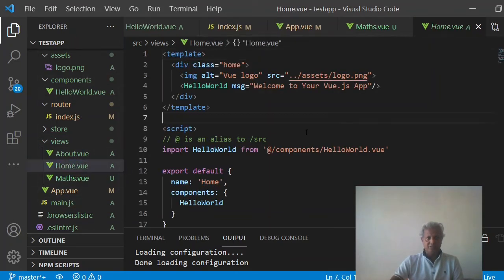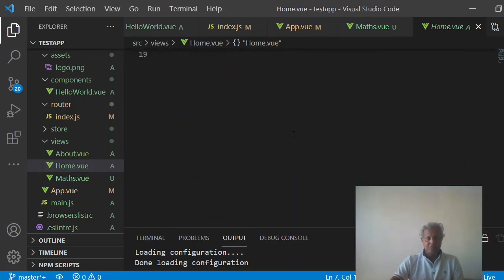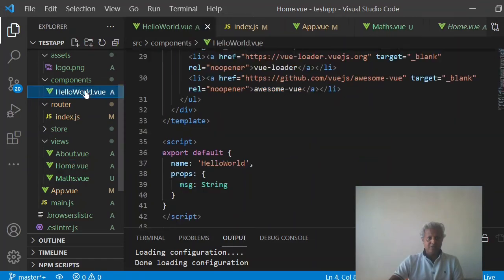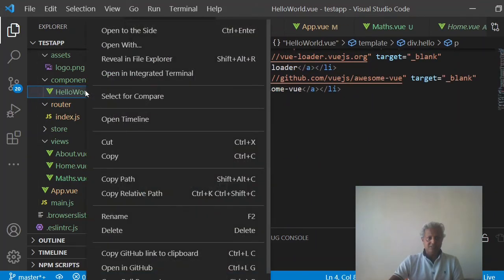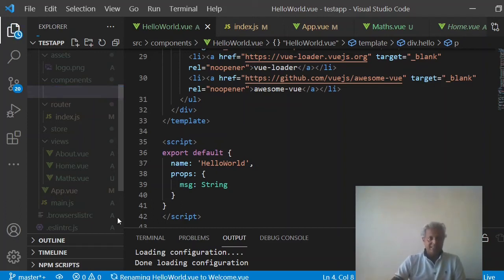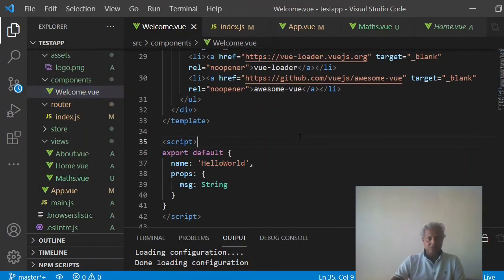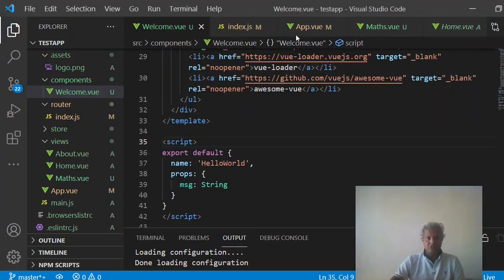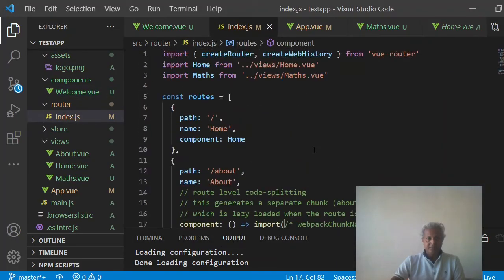So home view has a lot of stuff here, so I remove this extra. So you see inside the home I have a hello world component. I want to change the name of this hello world, I rename it as welcome. So if the name is changed, wherever that is used, all will be providing errors. So now I go one by one, and if you see where the browser says that this hello world, index.js, it is not there. So go into index.js first, and you see where is